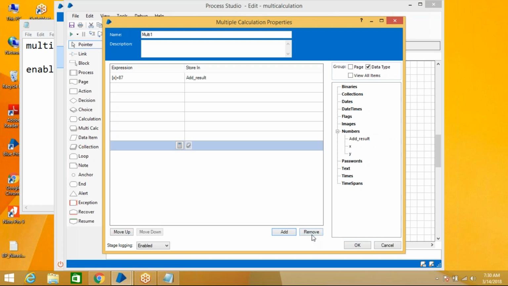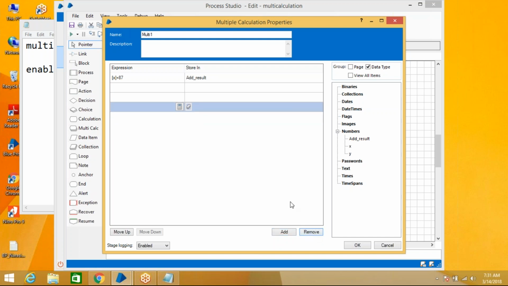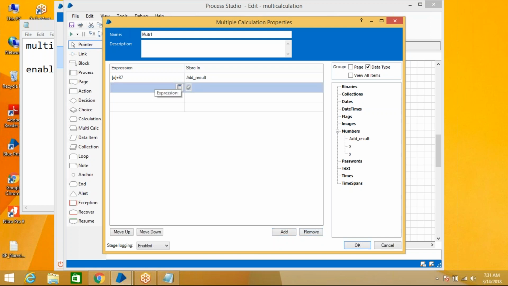There is no limit. But if you want to do the same thing by using calculation shapes, you have to implement multiple calculations. Instead of that, here we are able to create everything in one multi-calculation shape. Now here I need to implement 4 multiply 9. This is for multiplication